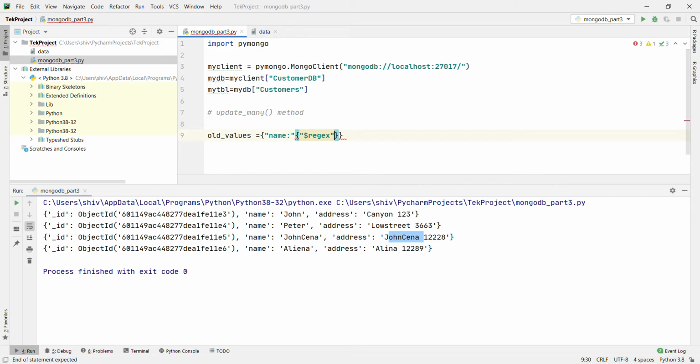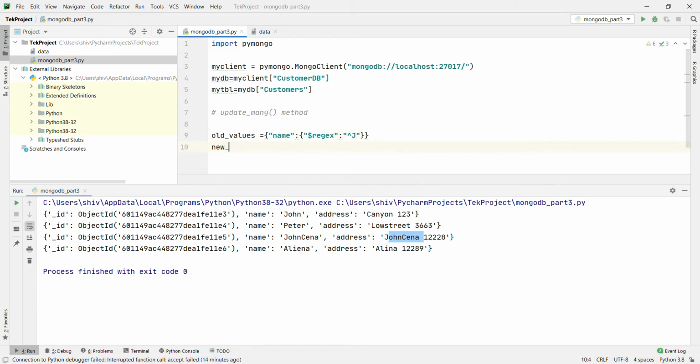Okay, name, and after that dollar regex, regular expression. Using this, all the names that start with capital J. Now new values is equal to dollar set colon, curly braces, name equal to Michael.